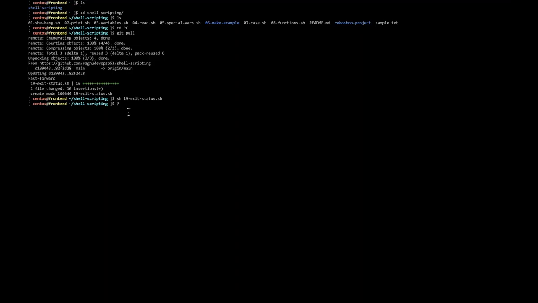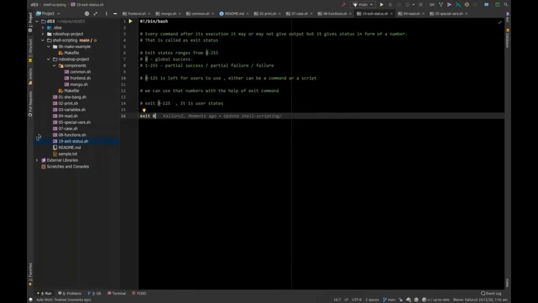When you execute the script, its status comes into a variable, which is the question mark variable. How do you access the variable? So $?. If I want to print it, echo $?. You're getting 0. Whereas if I go and give